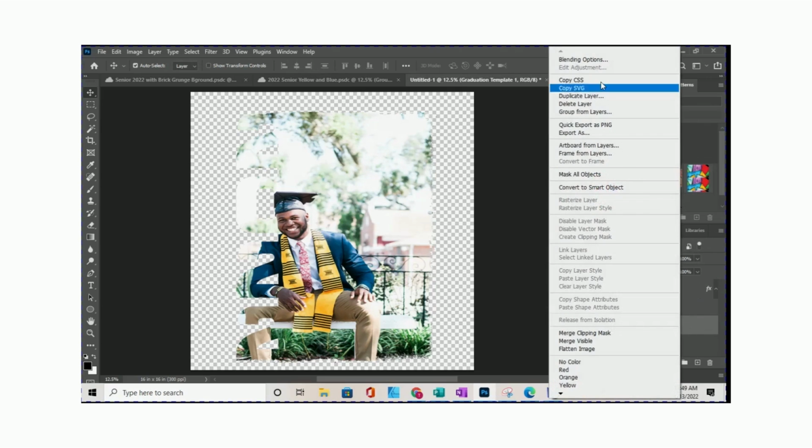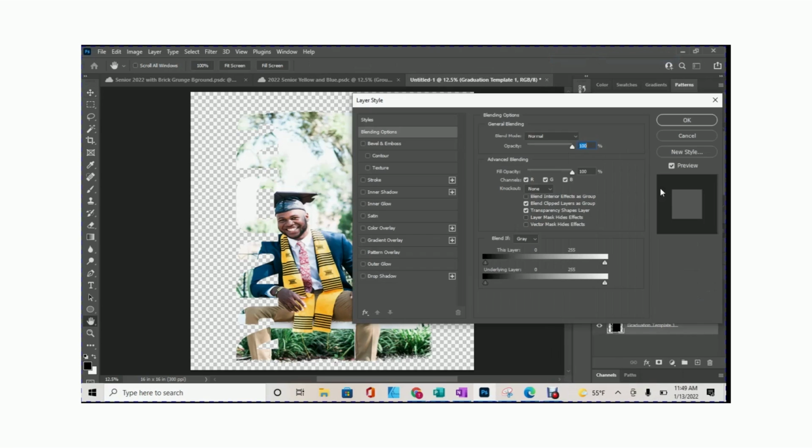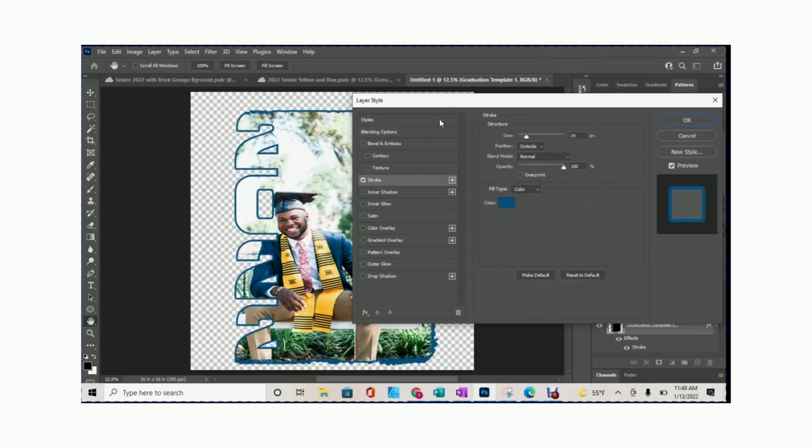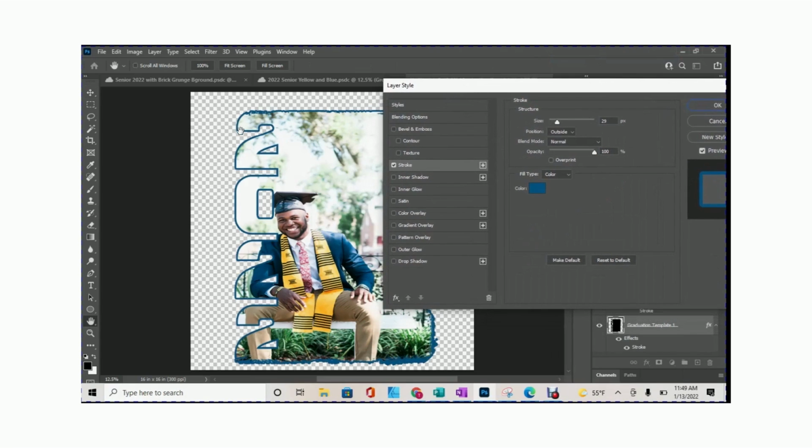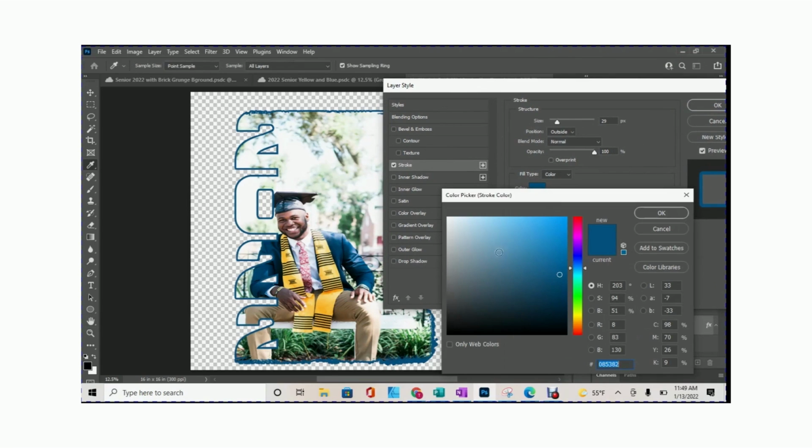So right click on your template, click blending options, stroke. As you can see, it added a blue stroke because I chose that color blue. Now like I said, you can change it to any color that you want to change it to. I do try to color coordinate with whatever colors that are already inside of the image. So like if I wanted to change it to that yellow, you see it changes to the yellow. If I wanted to change it to the color of his khakis, I kind of like that.